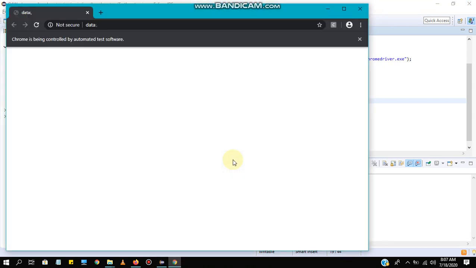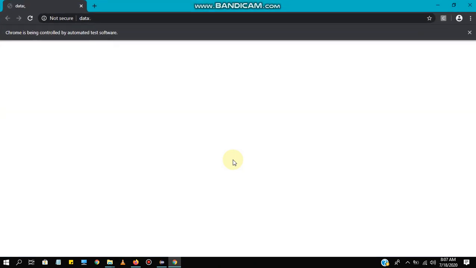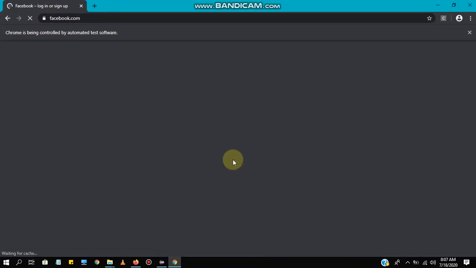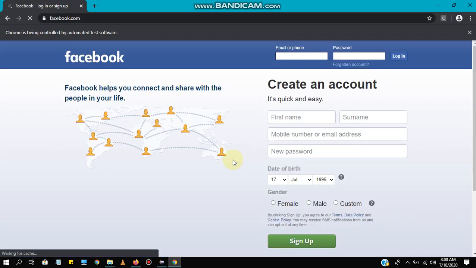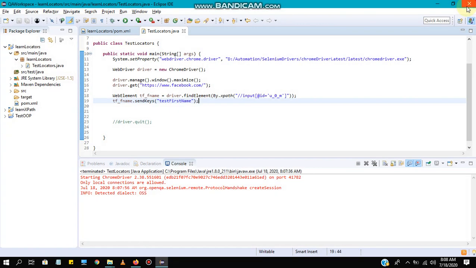Here you can see the browser got opened and maximized, navigated to facebook.com, and here it entered test first name. I'm going to close this browser.